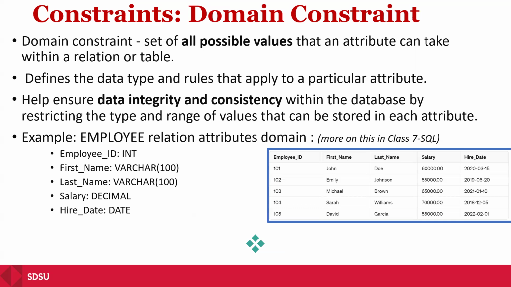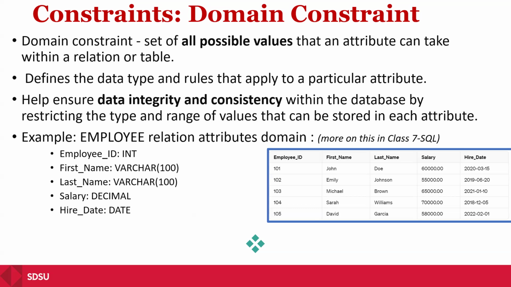Salary is decimal, and hire date is a date. So with this domain constraint, which is the metadata for an employee table, we ensure that every time we insert certain rows into a table, the data in the rows that we're about to insert